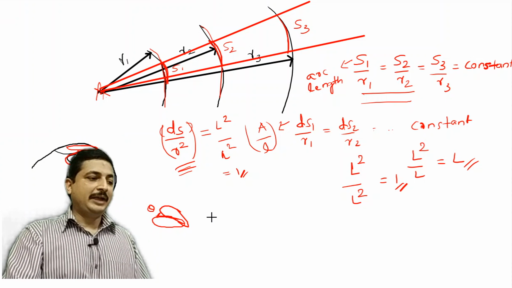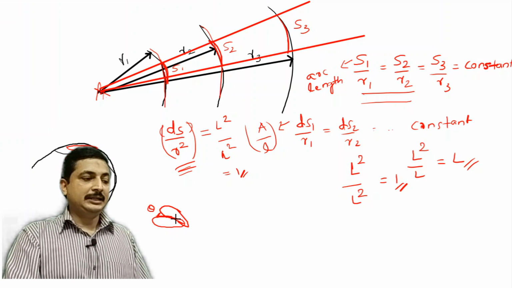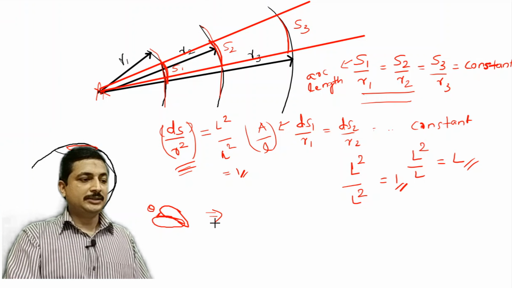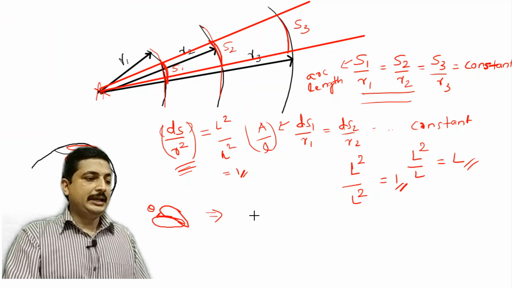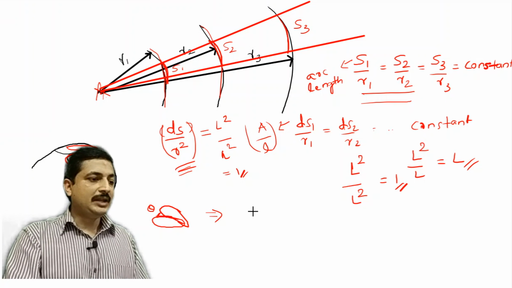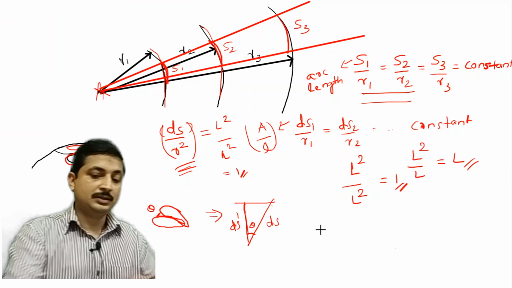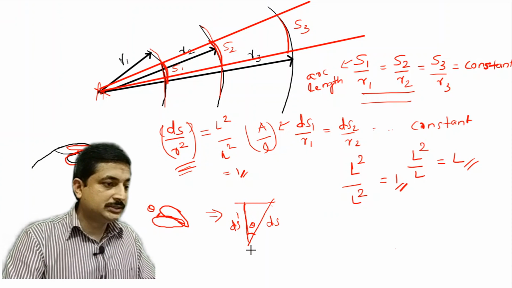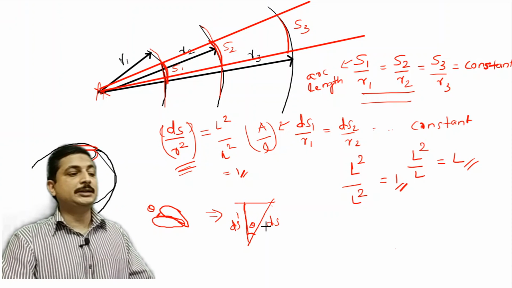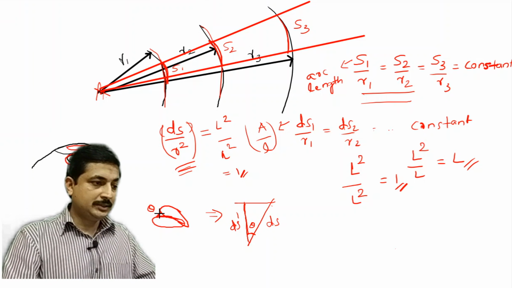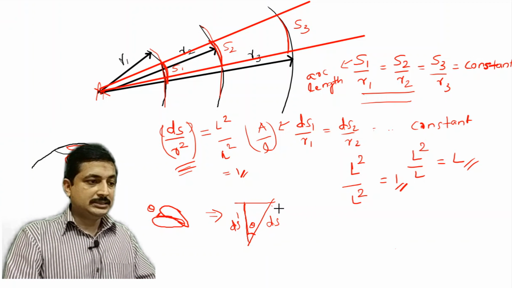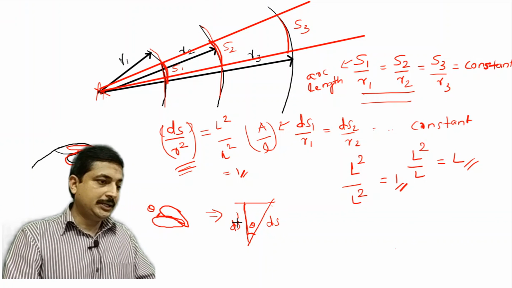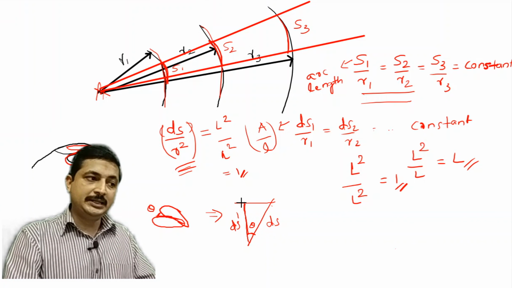Now how to find this theta? To find theta, let me draw this as two lines. If I draw it as two lines, I'll get something like this. So this is what we'll have. If I extend it to a representation of a line segment, I have just projected it like this. This is my actual ds. I have projected it on the circular region, which is my ds dash.